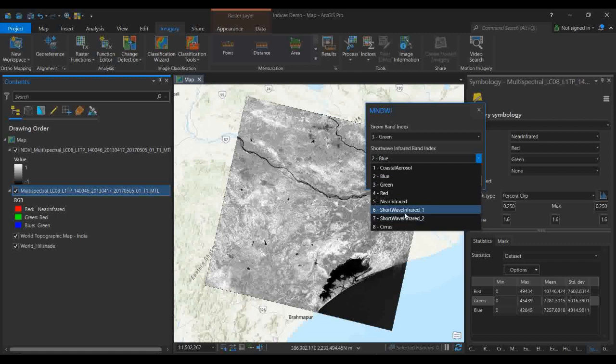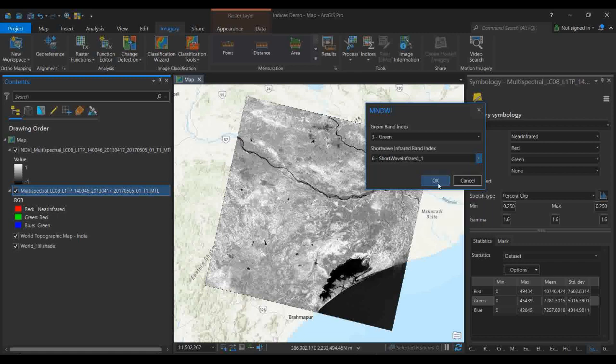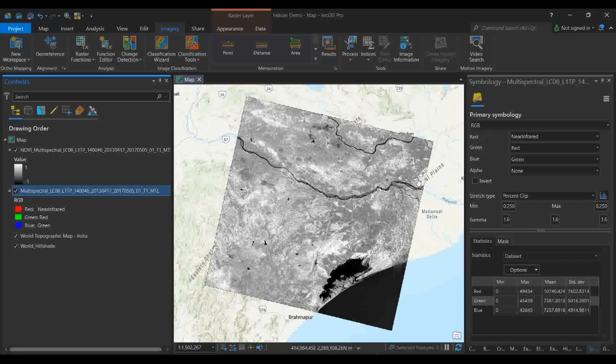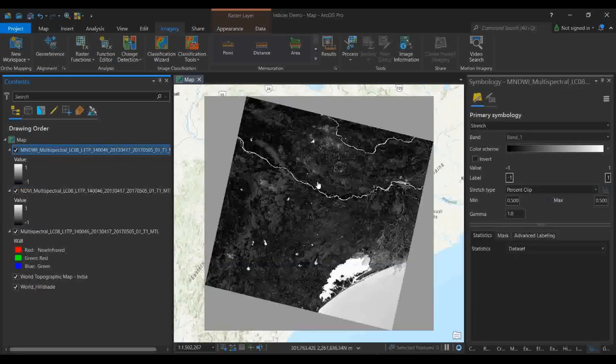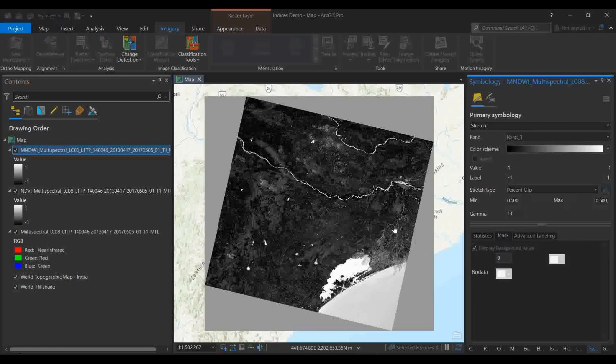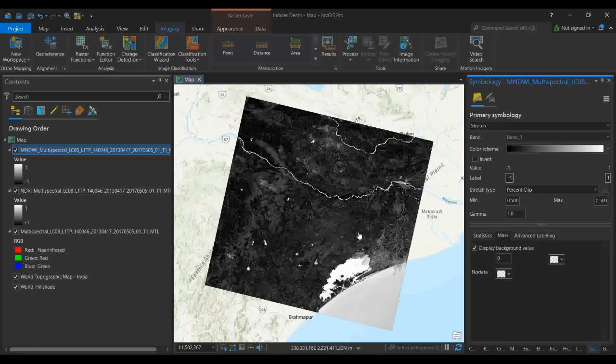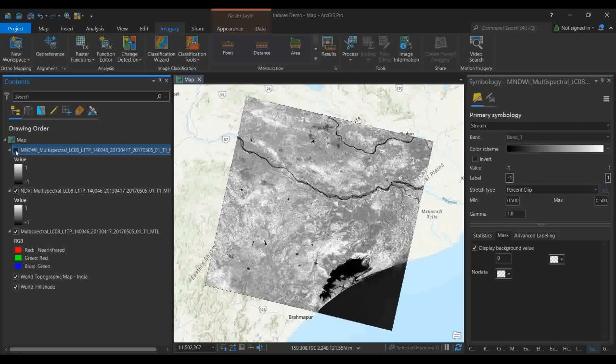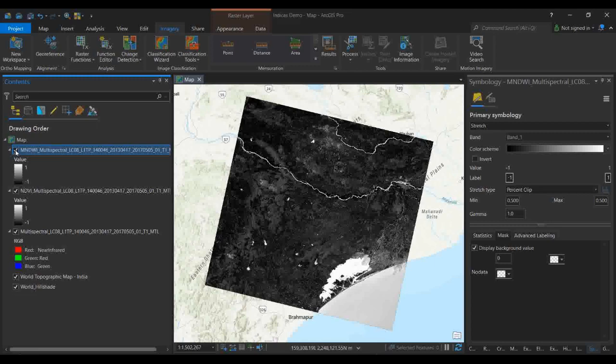As I am using Landsat 8, simply click the short wave infrared and see what will happen. So now your water is targeted very nicely. Wherever there is water, those areas are highlighted. So see here, in the last case it was targeting the vegetation, and in this case it was actually targeting the water.